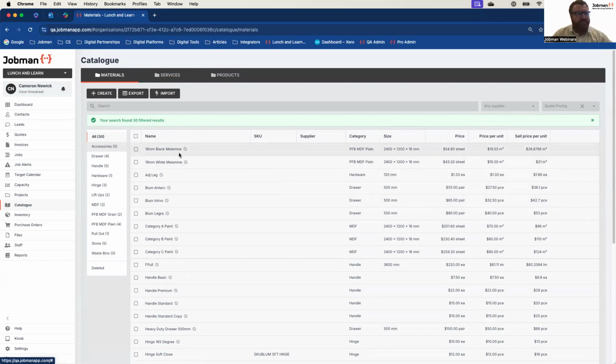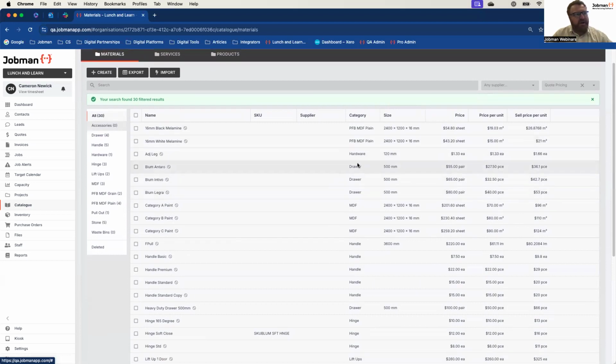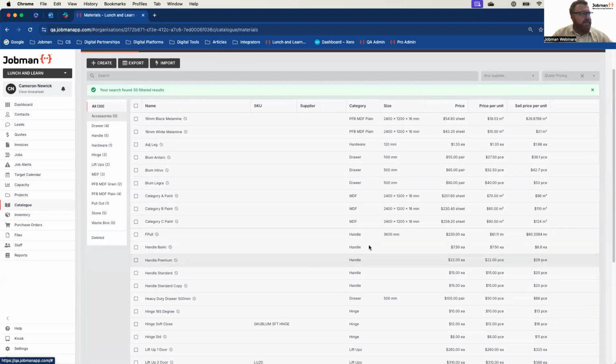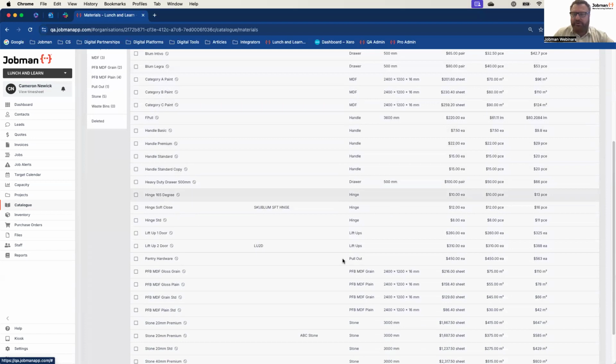So for example, I have boards here. I have hardware options. I have draw runner sets. I have handle options: basic, premium, standard, finger pull. These are my most common options for handles. When someone walks into my showroom, we don't go through and pick out the handles at that point. We're just producing a quote. So what we do is you say, you want that board there, it's the base range, 750, that board there, it's 15, that board there, it's 25, or you've got some deluxe premium over here at 60. This follows that concept because at quoting, that's the information we have. And then when we go into the job itself, that's when we choose and pick the actual hardware the client is going to want. So this will speed up your process massively.